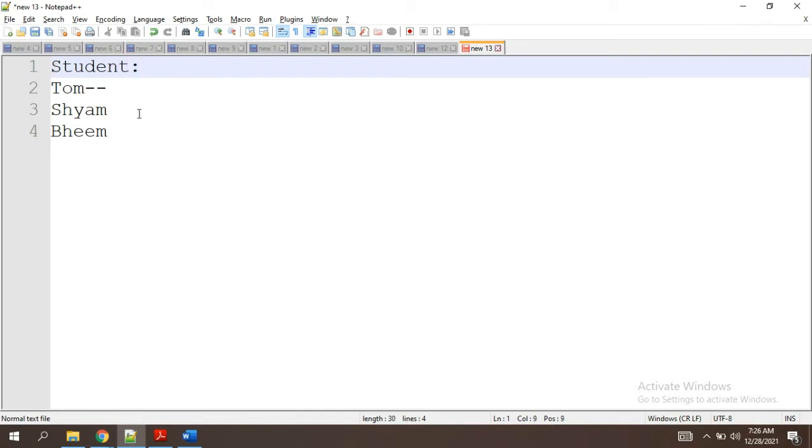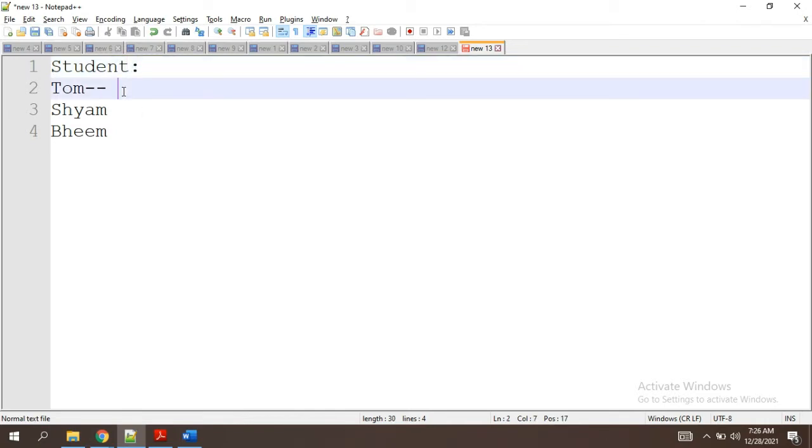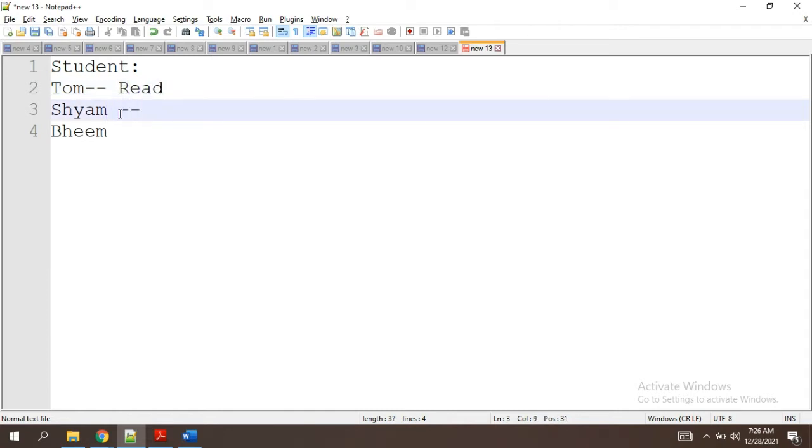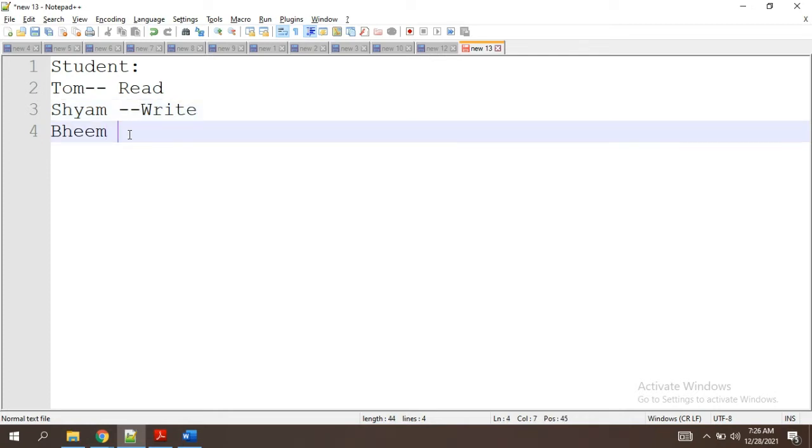Okay, in student, for Tom we wanted read access, and for Sham we wanted write access, and for Dean we again wanted read. Okay, and this is for the student object.